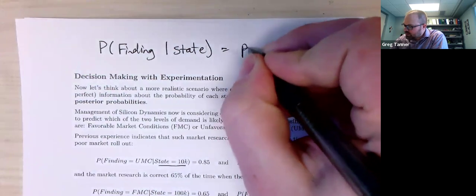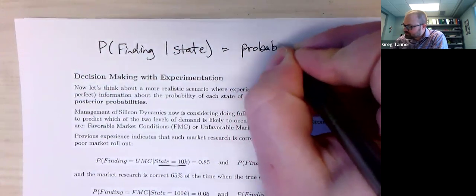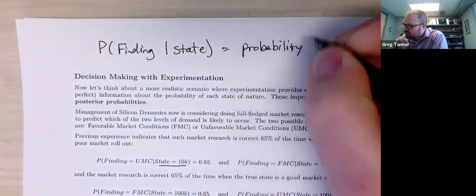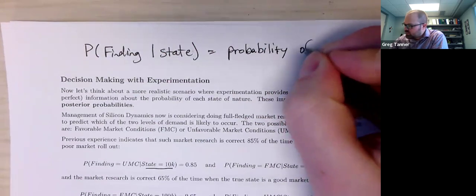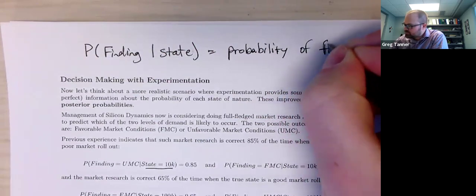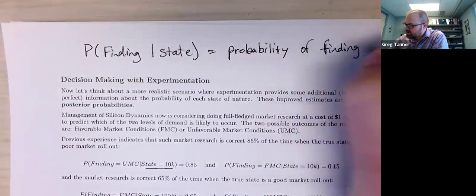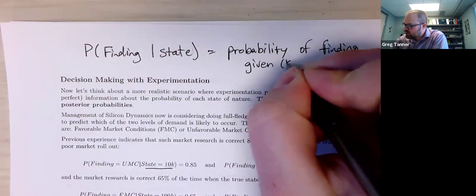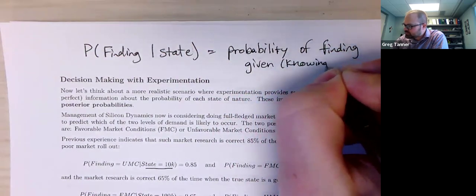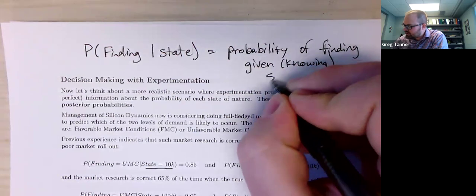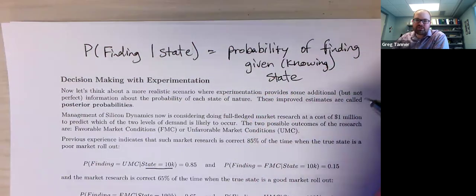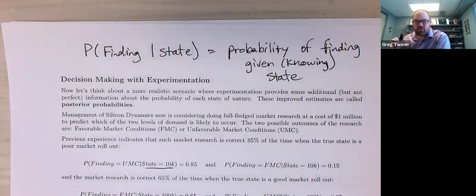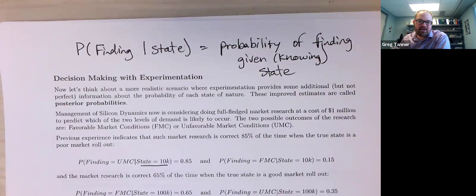This is the probability of the experimental outcome. And then this vertical bar means given or knowing the state. Okay, so we assume it's in the state. If we assume or know that it's in the state, then the probability of that finding is, in this case,